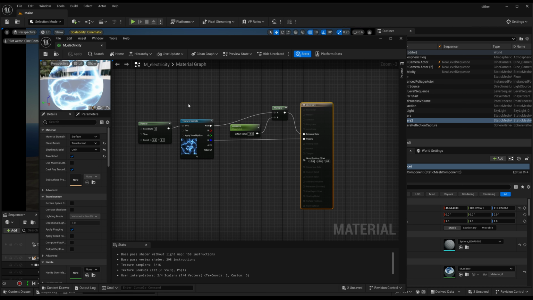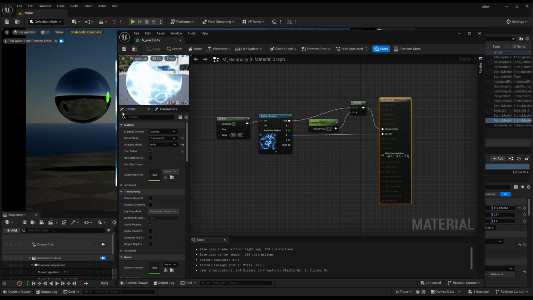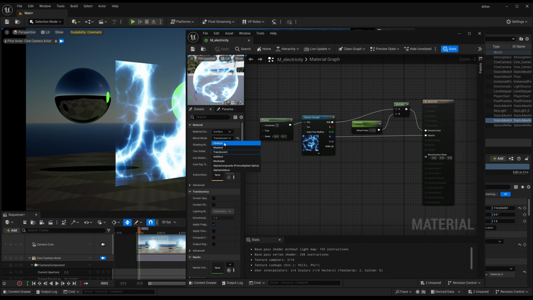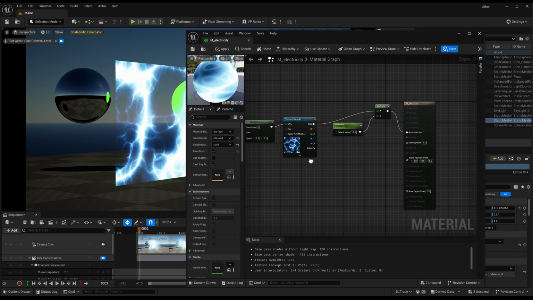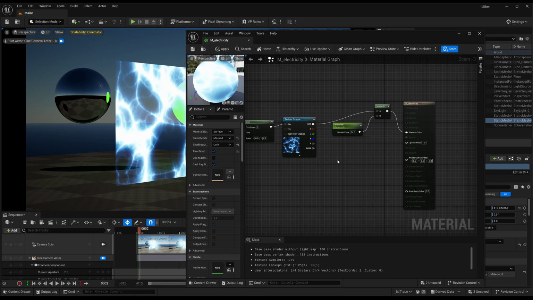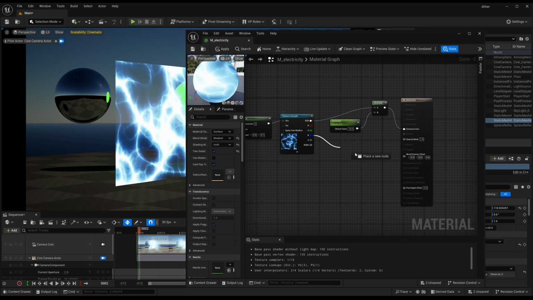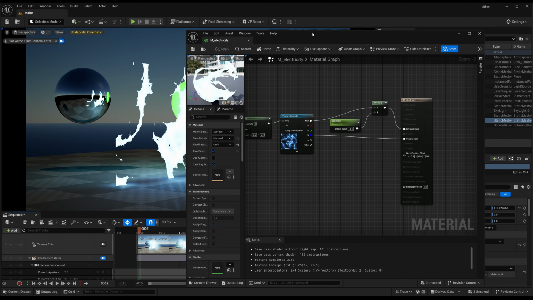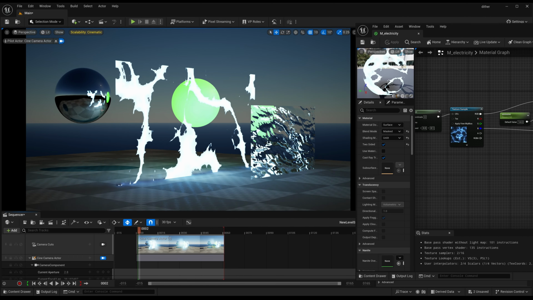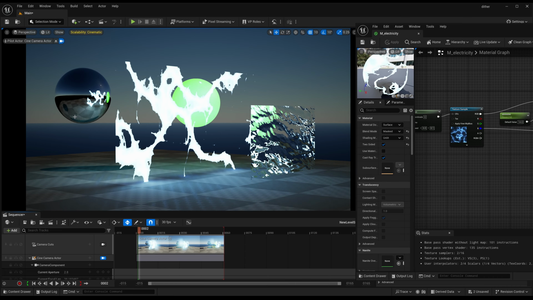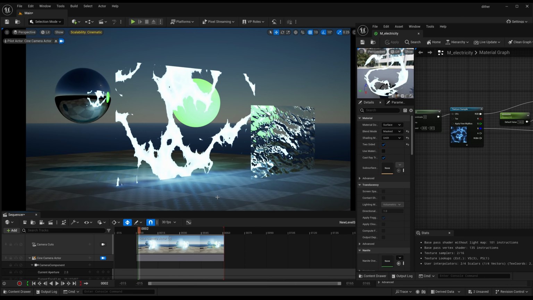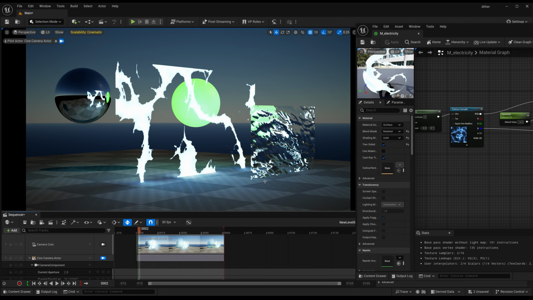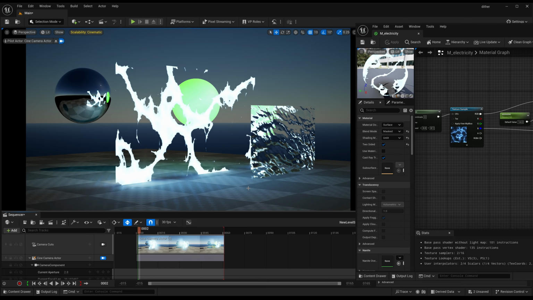Okay, so if I was to change it to a masked material, let's have a look. The pin's now changed to opacity mask, and let's just plug that into opacity mask to start with. Okay, and click save. Immediately in the scene you'll see now we've got some reflections, and we've got global illumination, which is also casting light onto the refraction, and you can see that. But